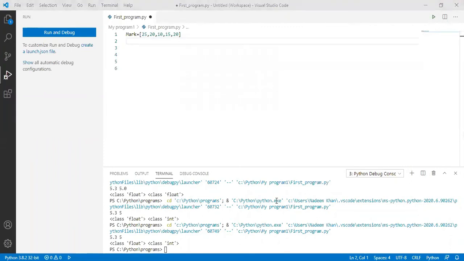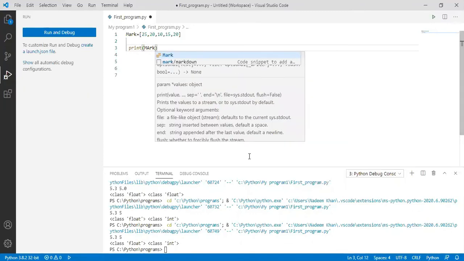I will show you how to print it. Let's suppose I am printing this list. Someone asked whether it is case sensitive, so I'm explaining it here itself.